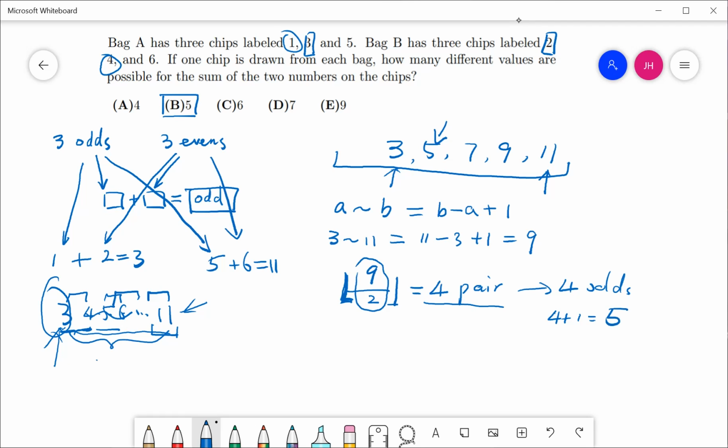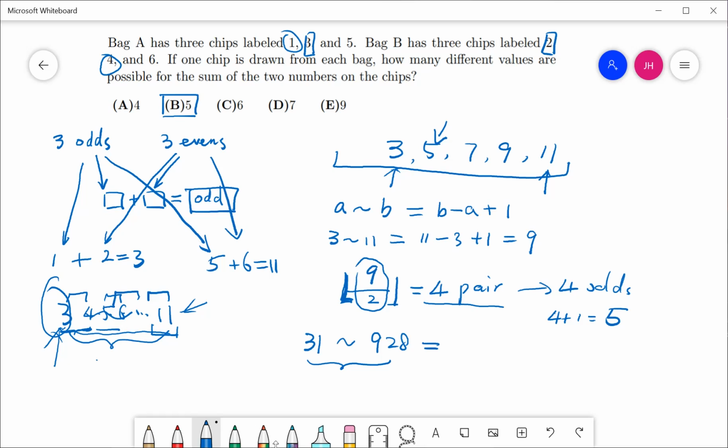Let's make a small example. Let's say from 31 to, let's make up a random number, 928. How many odd numbers are there within this range? For 3 to 11, you can count them: 3, 5, 7, 9, 11. You know that's 5 odd numbers. But in a much larger range, you can't count them. Then how do you do that? So the way to do it is